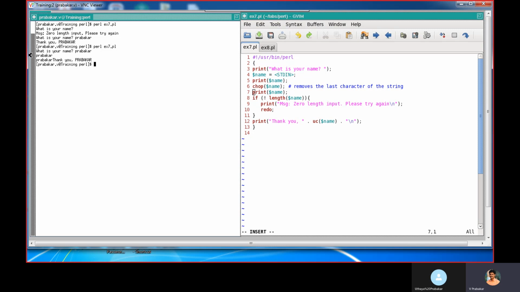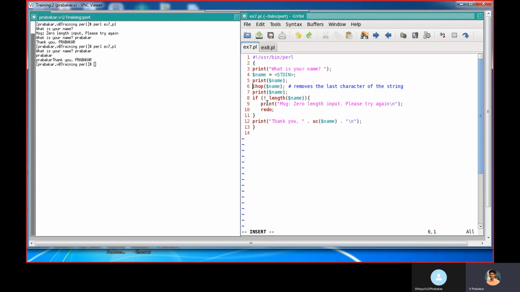The first time, if I enter the name, by default it is inserted with a newline, so it goes to the next line. If I perform chomp, it removes the last character of the string. The last character here is nothing but a newline, so it removes that newline. So again, if I print this name after chomp, there is no newline, so it is printing thank you Prabhakar on this line itself.